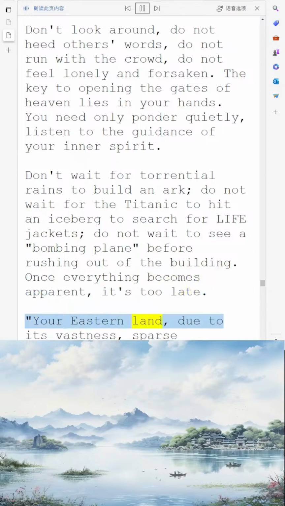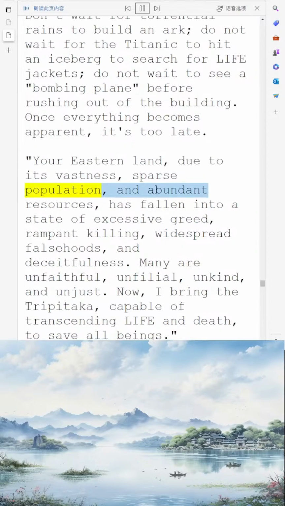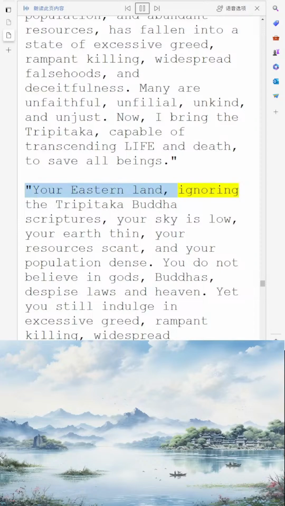Your eastern land, due to its vastness, sparse population, and abundant resources, has fallen into a state of excessive greed, rampant killing, widespread falsehoods, and deceitfulness. Many are unfaithful, unfilial, unkind, and unjust. Now, I bring the Tripitaka, capable of transcending life and death, to save all beings. Your eastern land, ignoring the Tripitaka Buddha scriptures, your sky is low,